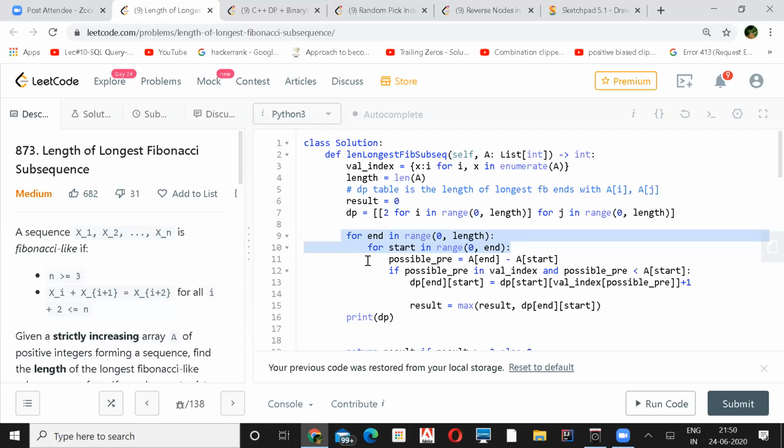I want to ask one thing. The first time I used one approach. I found the maximum element in the given array, and then I constructed the Fibonacci sequence up to that number. And if I apply to the given list the LCS approach, the DP LCS thing, then it should not work. Longest common subsequence. Yeah, got it.